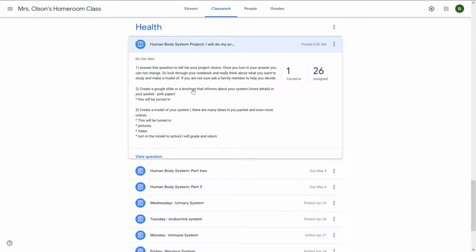Okay? Part 2, you're going to make a Google slide or a brochure. This has all the information about your system. Again, this is in a pink packet. There's also a Google Classroom assignment right here that tells about it. And then 3, create a model of your system, and you can do